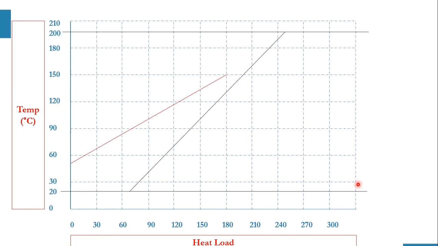And you can even do back calculations to find the same pinch temperature. How? The cold pinch is 130 degrees centigrade, so 130 plus 10 gives 140 degrees centigrade pinch temperature. 150 minus 10 gives 140 degrees centigrade as the pinch temperature. So the pinch temperature, pinch points, and the utility requirements, all the values are the same in both the graphical and problem table approach. Both procedures are now in front of you, and it's your choice which method to use in your future calculations. But for our course, obviously we will be using both methods.